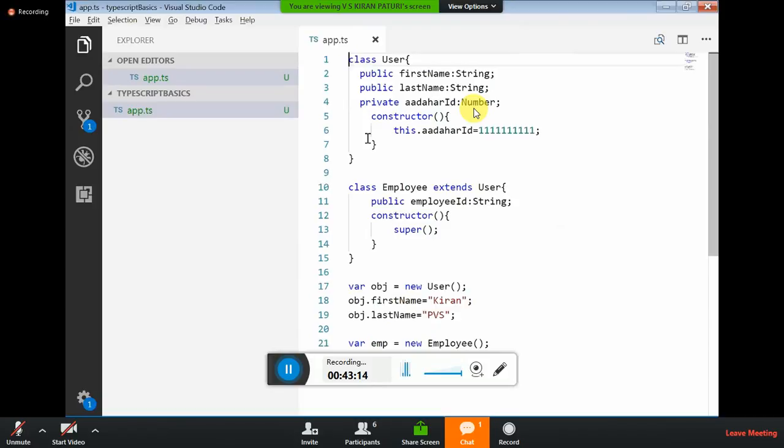So interface implementations, class extends, these are all the basic things. Once we are done with this, we can jump on to Bootstrap, then Angular.